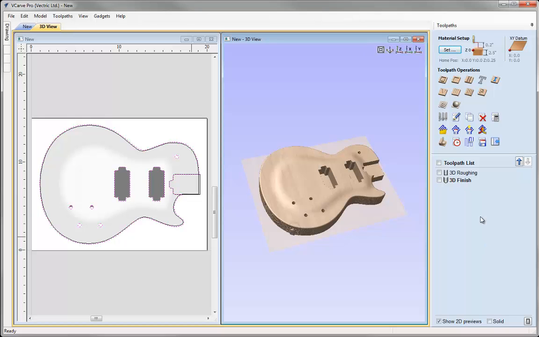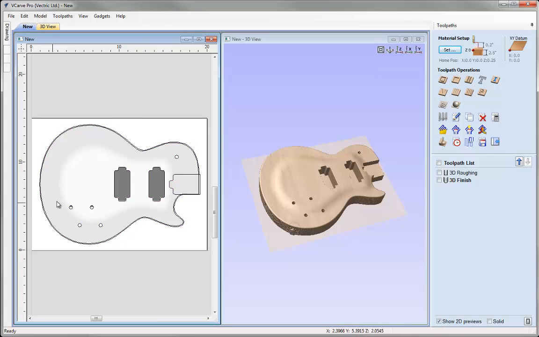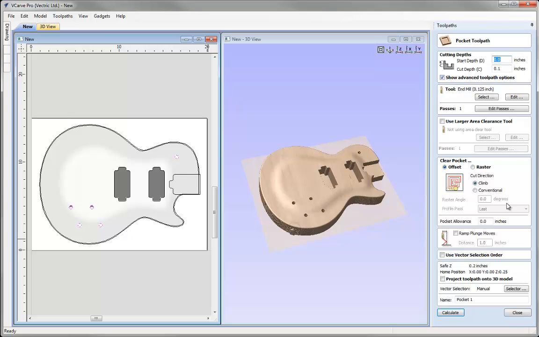So the next thing I want to do is just pocket out these small holes. So I'm just going to click to deselect the vectors. I'm going to select these 4 vectors and this vector here. And in this case, I'd need to know what depth I wanted each of these to be. And I've worked out that I effectively want to go down just 1 inch from the top of the block on these. So I'm going to come in and click on the pocket toolpath option, start depth 0,